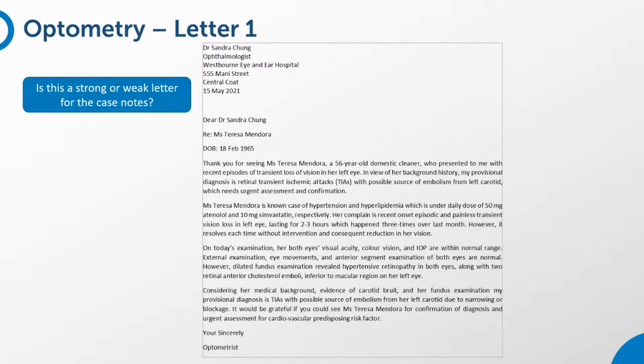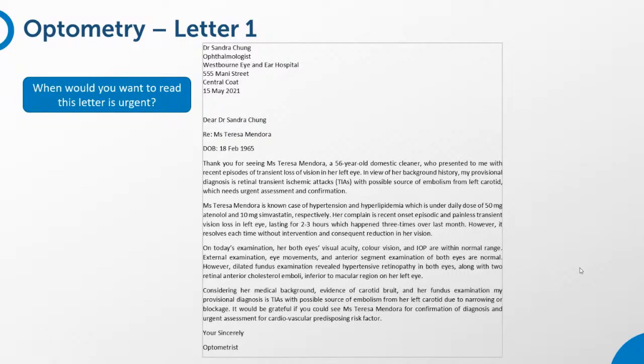All right, hopefully that's given you enough time just to quickly skim over the notes. So in terms of whether this is a strong or a weak response, I would agree this is generally a strong response to the situation. And by the end of the letter, the reader would be well informed of what was currently happening. But there is a little bit of unnecessary repetition in the first and last paragraphs, which could be avoided by omitting the second time in the final paragraph.